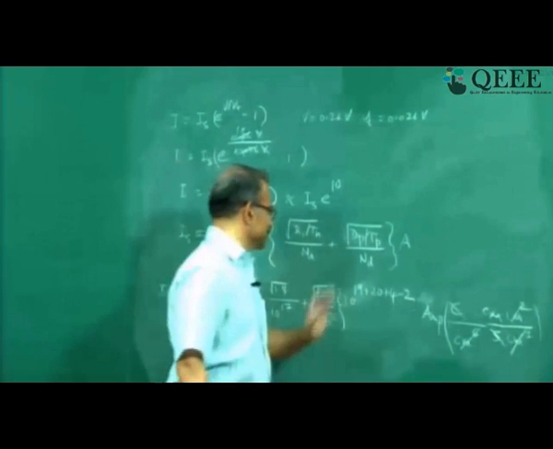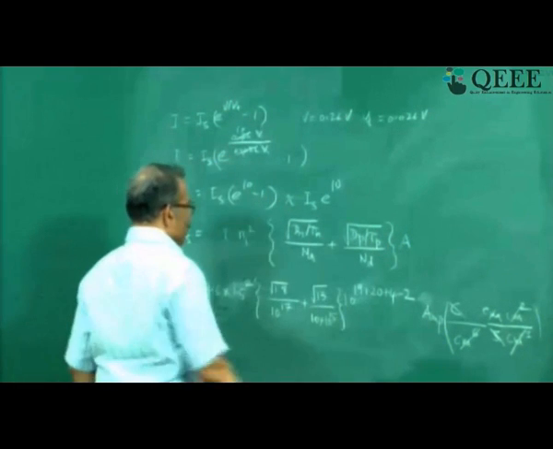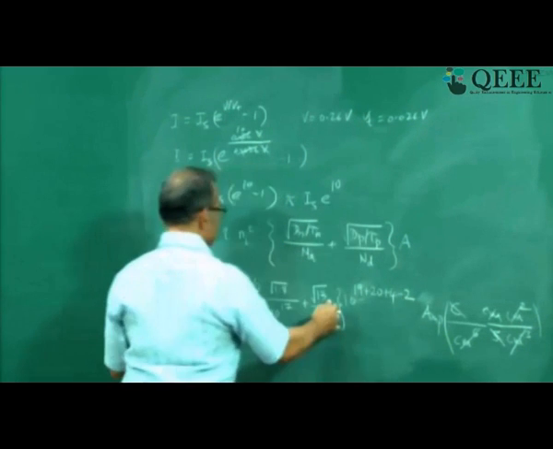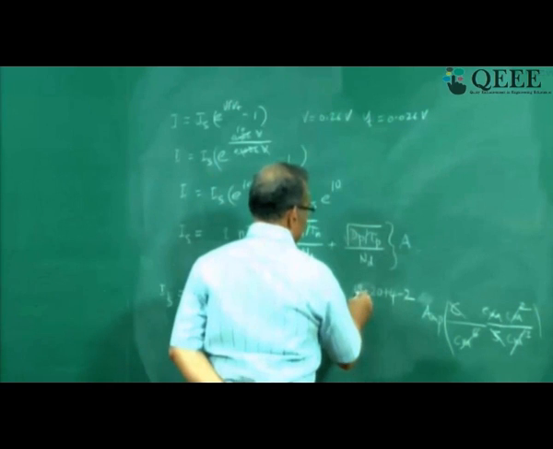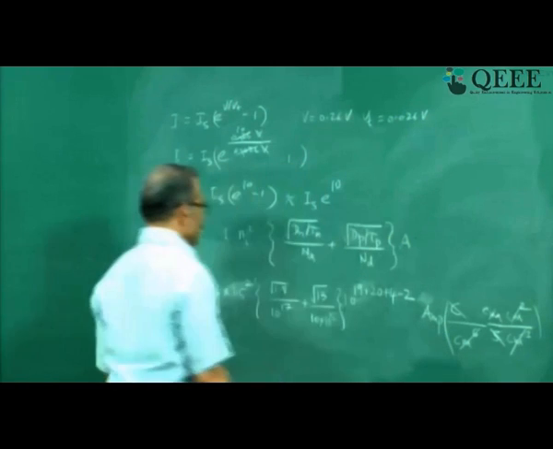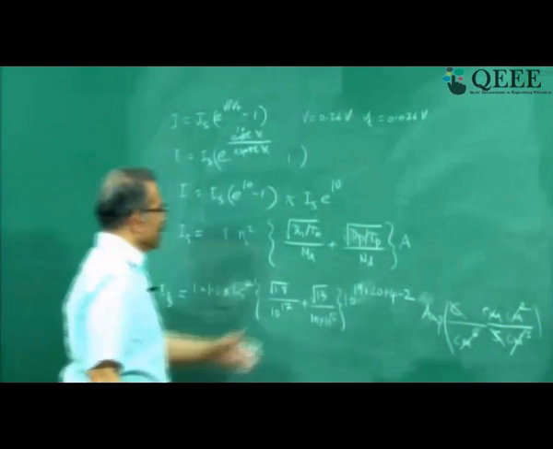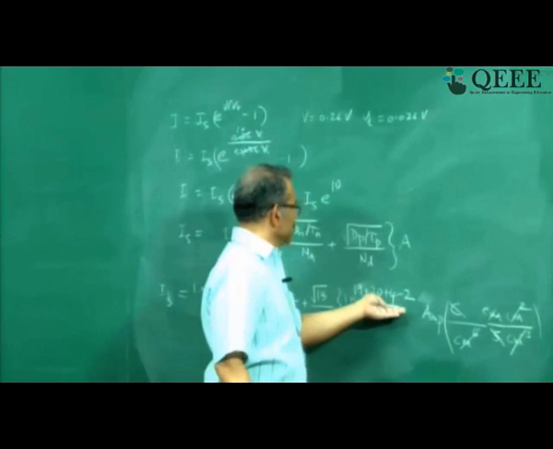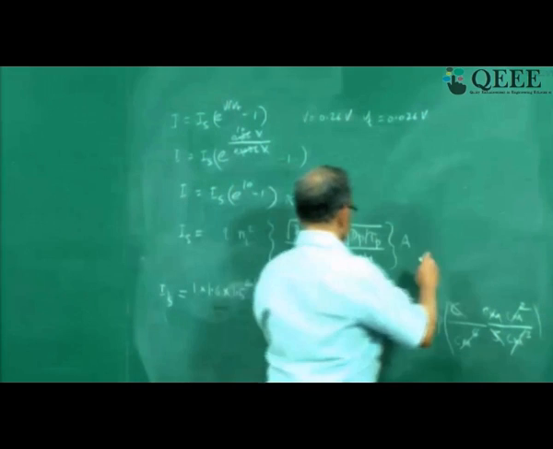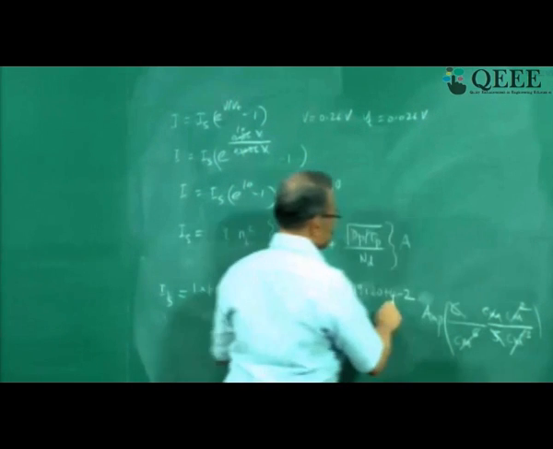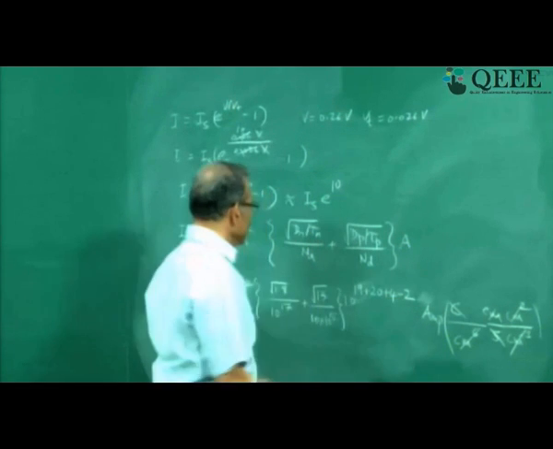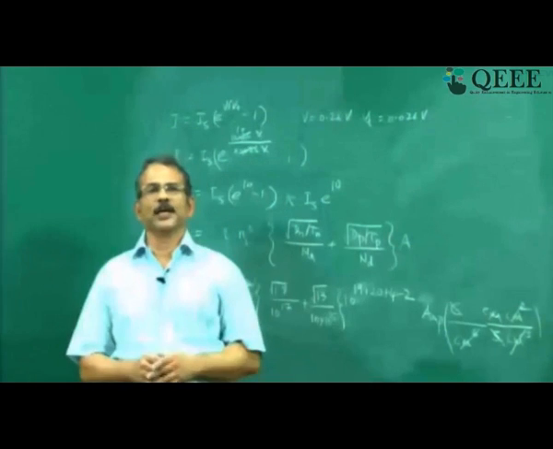Now let us calculate this order. Now if I take this, I will get the order of the current, okay. Then I can multiply it by this coefficient. What is the order? 19 plus 20 plus 4 minus 2. Now I have done a mistake here, you can see, because when I add this, you know what I will get? 19 plus 20 is 38 or 39 plus 4. 39 plus 4 is 43 minus 2 is 41. I am going to get 10 power 41 amperes.